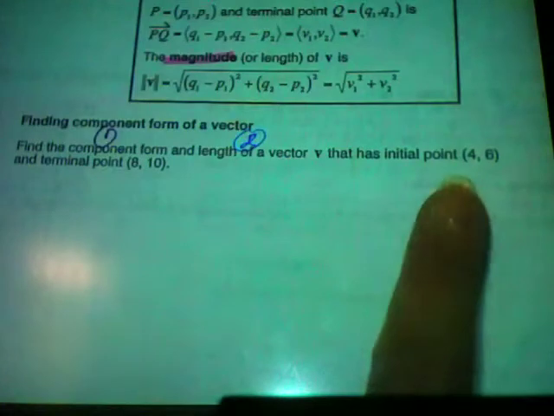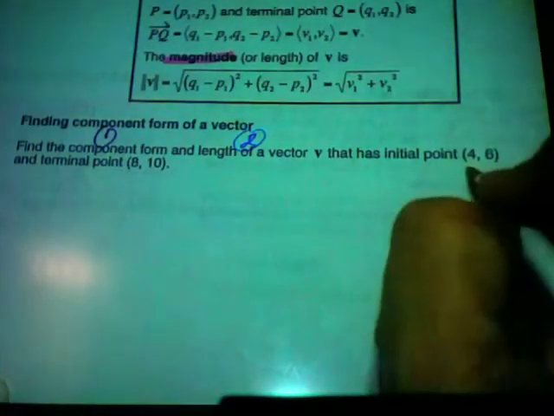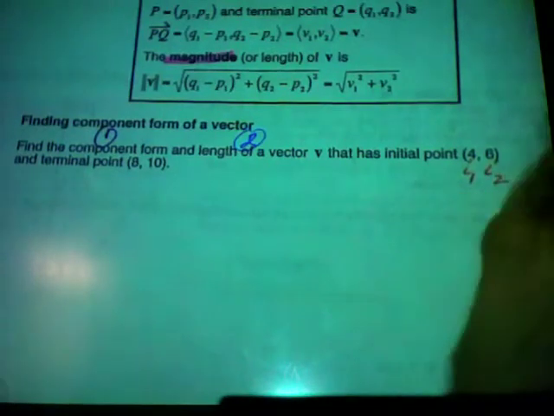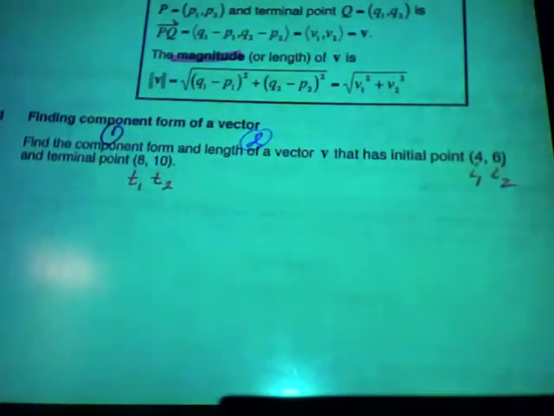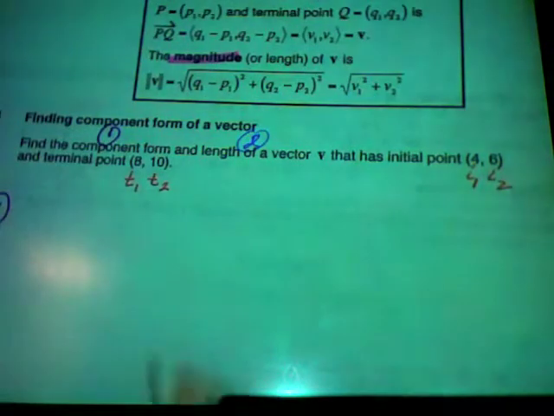And they give you an initial point of 4, 6. So I'm going to call this I sub 1 and I sub 2, meaning that they both belong to my initial point. And the terminal point 8, 10, so this is T sub 1 and T sub 2, meaning they both belong to my terminal point. And then I'm going to just do step 1. So to find my component form,